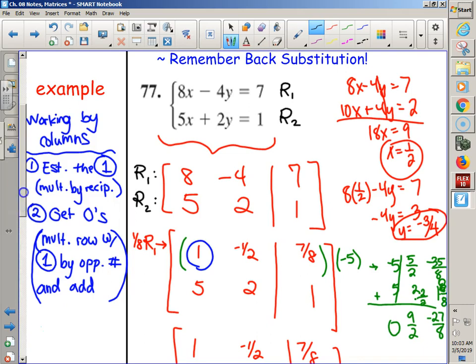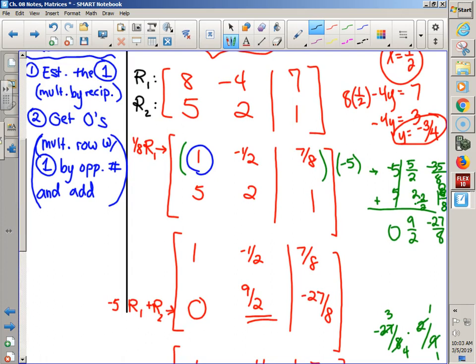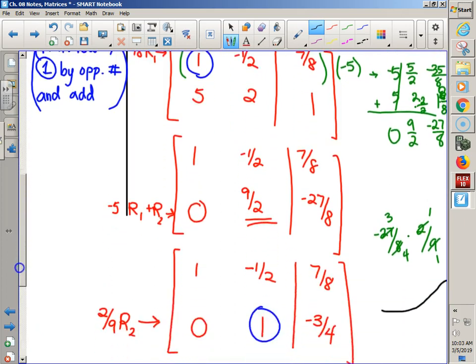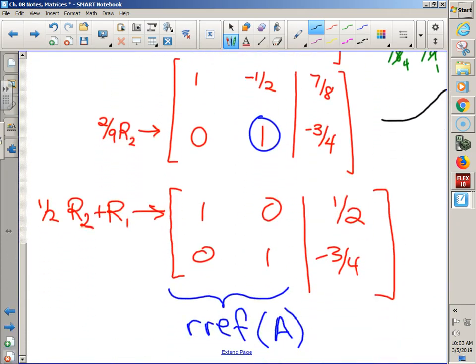Now, every time we refer to, as we go down through these steps, and we change the matrix a little bit at a time, if I refer to R1, I'm referring to the previous R1, because we're changing it to be a new R1. So then when we go to the next matrix, we're using the old R1 and the old R2. And so every time they're kind of changing, they're kind of transforming. But at the very end of the day, we still have